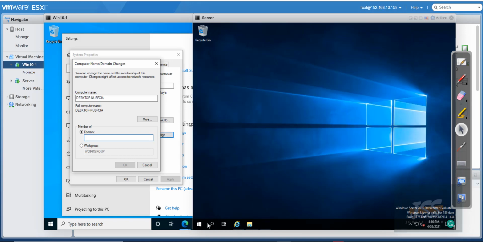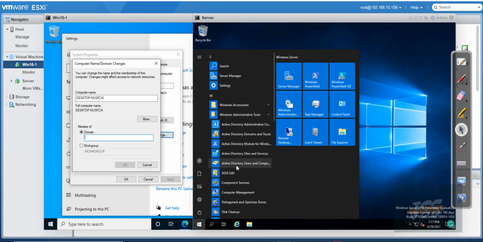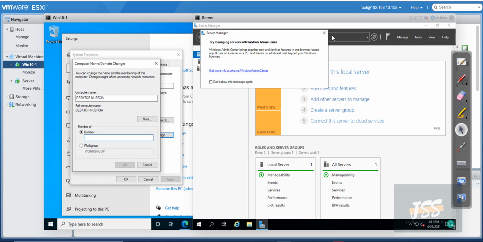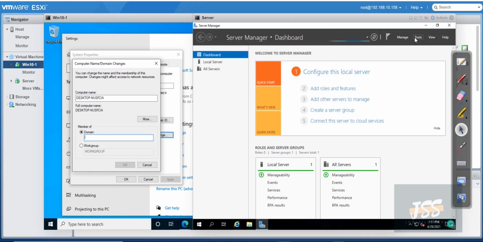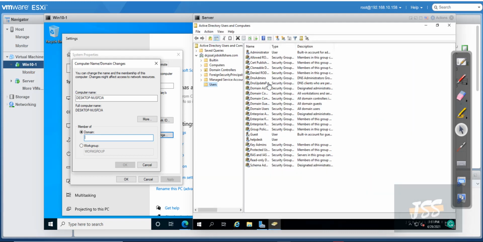So let's go back. We're going to go back and open Active Directory. I'm going to show you how to open Active Directory now. Windows Administrative Tool, you can do it that way, one way. The second way is to open Server Manager, Tools, Active Directory Users and Computers. And here's a